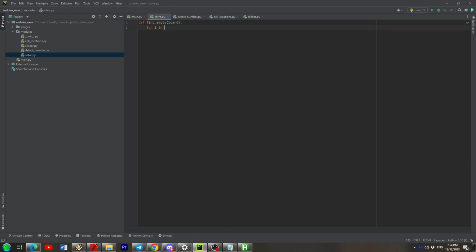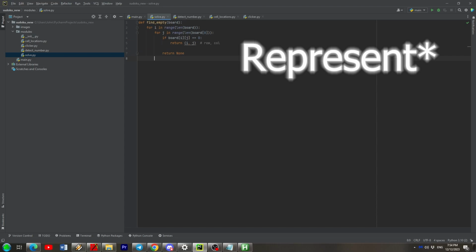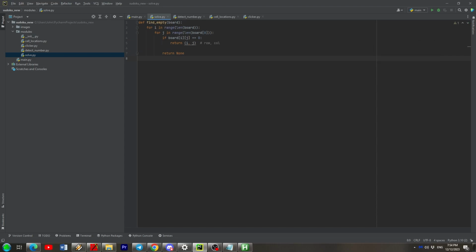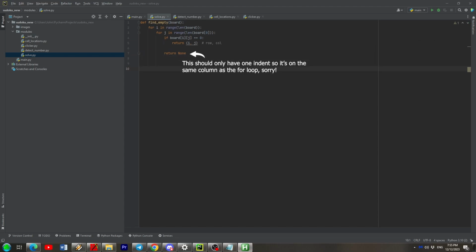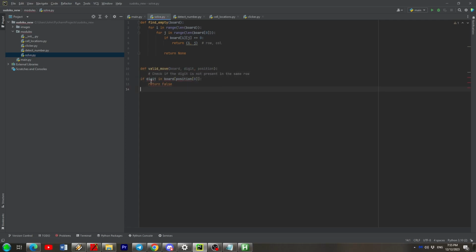For context for this function, in memory we'll represent our Sudoku as a 9x9 2D array. So this function will iterate through each cell and return the exact coordinates so we can eventually populate the board. It'll be useful to have as a non-value as well. Right, so as you've probably guessed, this is the start of a function to calculate the validity of a given